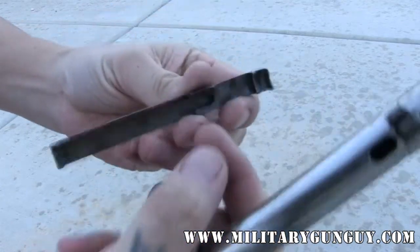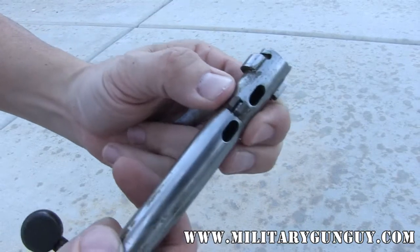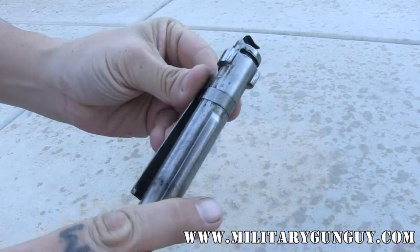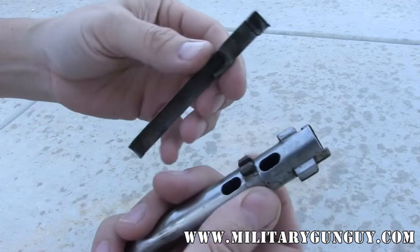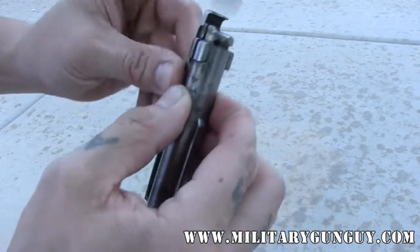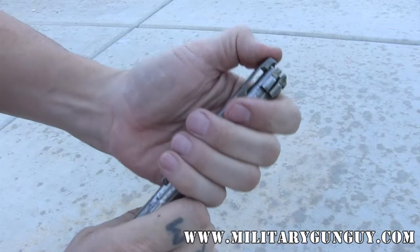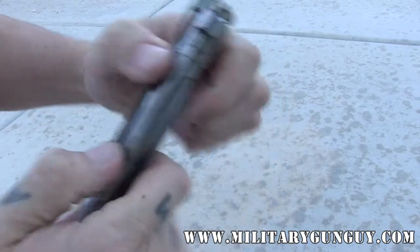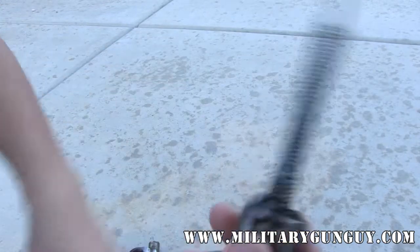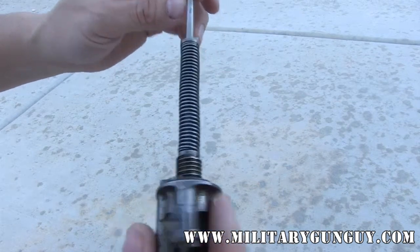To put it back on, you basically have these 2 little parts here. This is your extractor ring and your extractor holder. It's going to fit right in there. If you have an extractor ring that's been a little bit bent out, you can put a pair of vice grips on it or just clamp it down a little bit, and you're basically just going to lift up a little, and it pops right back on like that, and then you rotate it back over. Once it pops in the groove, then your extractor is good to go. Fairly simple. To take apart your firing pin, you'll see a lot of the 98Ks have a bolt disassembly